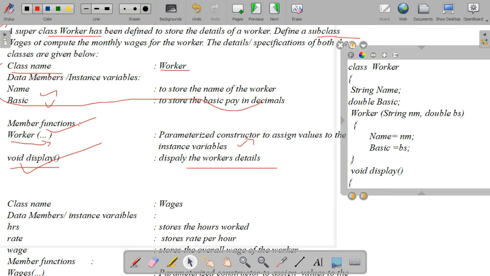What is the next method? Void display of. We are writing code to display the worker's details. Worker's details means name and basic, which we need to display.